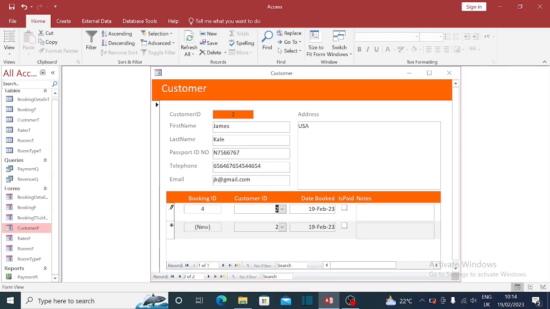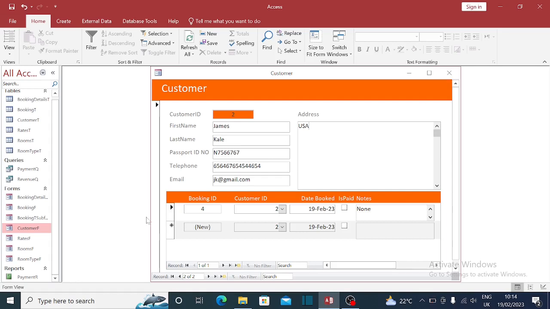This is a customer ID. Is it paid? No, maybe not yet. If there are any notes, maybe none for now. And this is how you've booked in James,